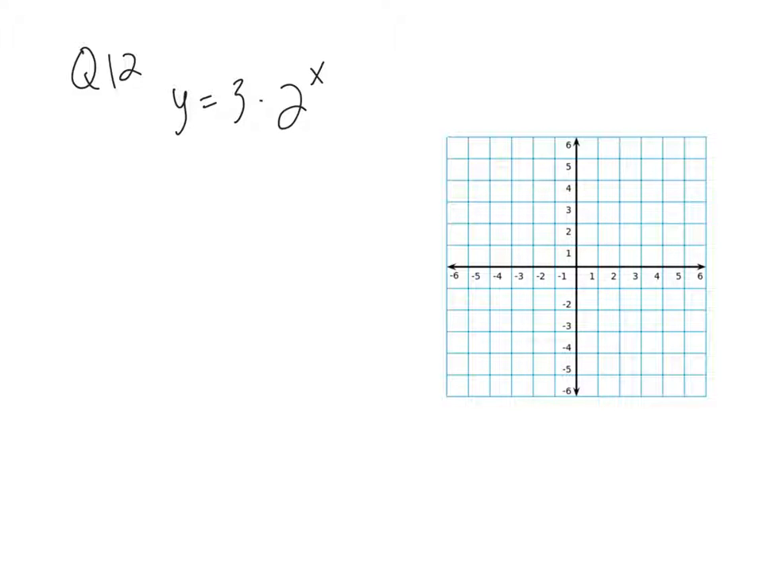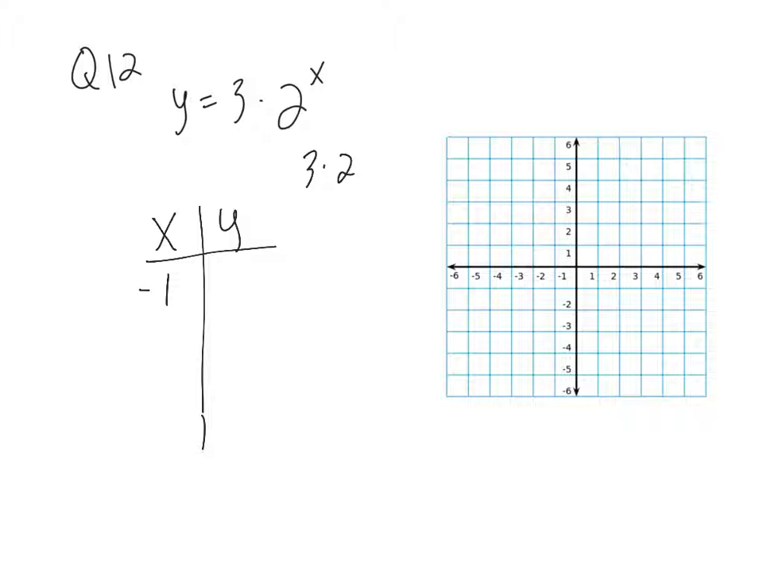For question 12, the easiest way to graph an exponential function is to create a table of values so you can get an idea of what it looks like. So I'm just going to do a quick XY table and then plug in a couple numbers. I'm going to start with -1. If I plug -1 in for x, then I would have